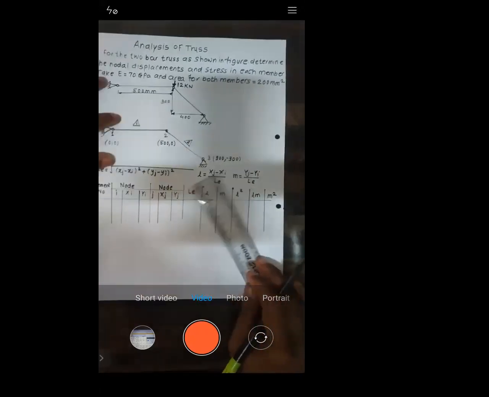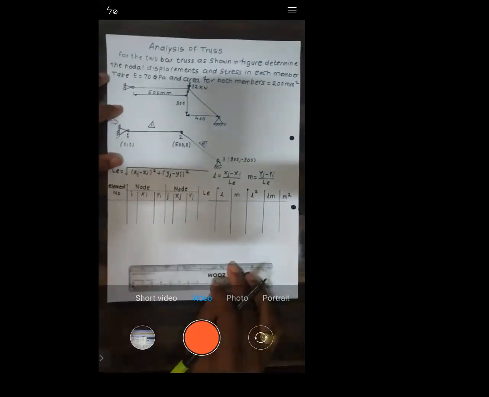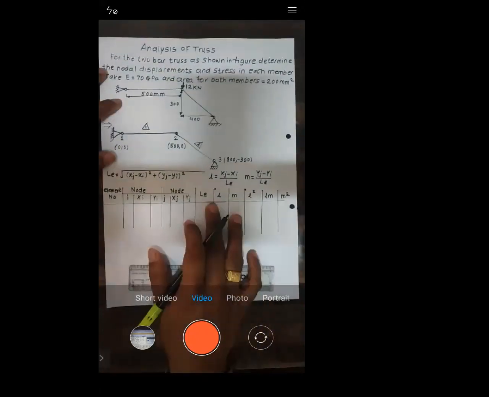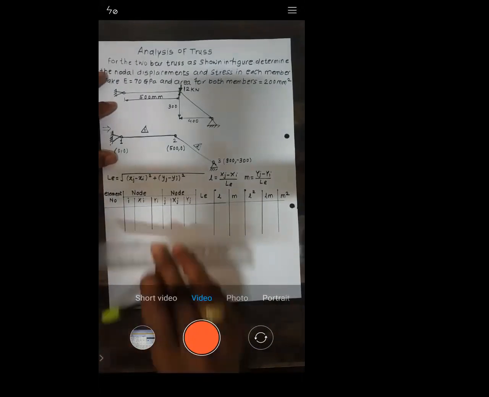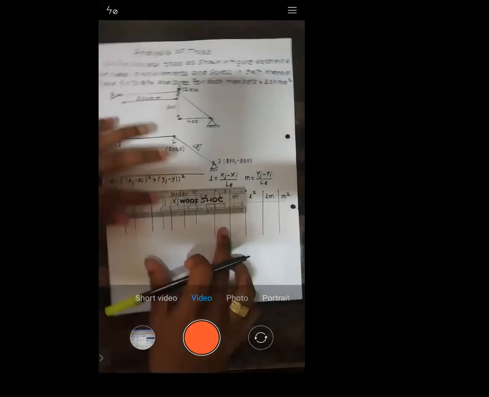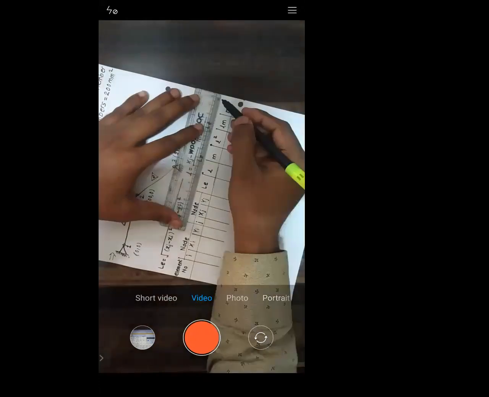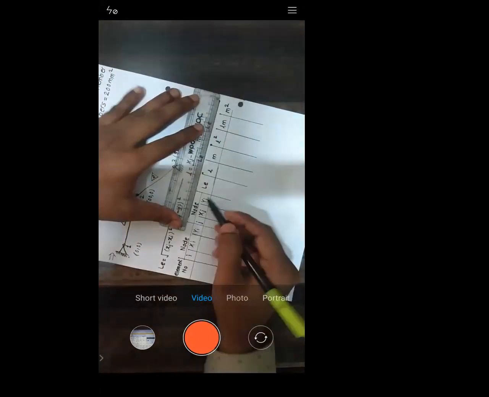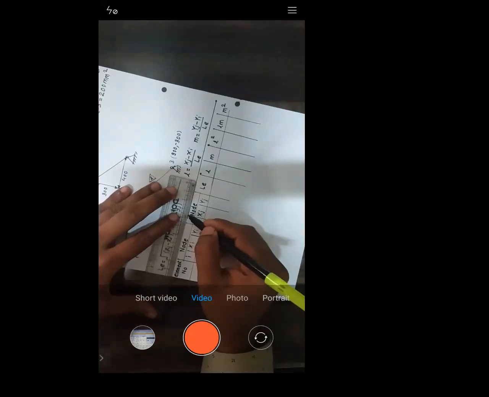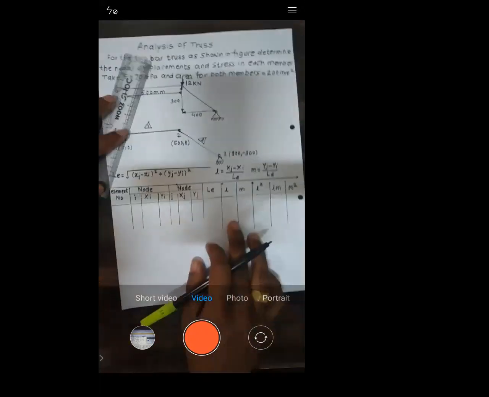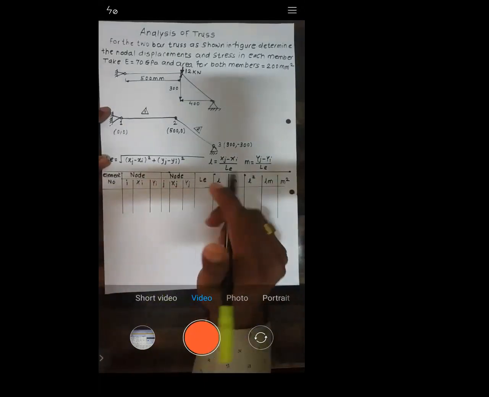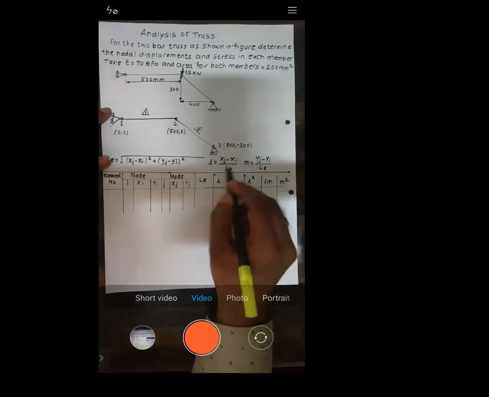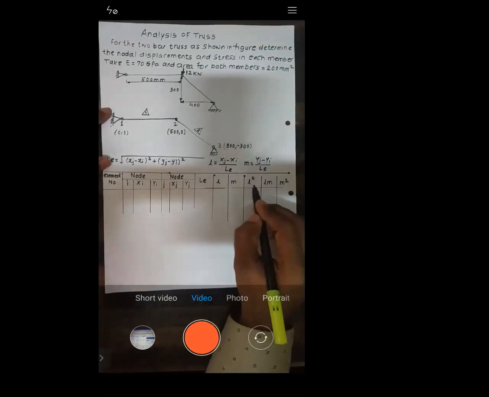Is it okay? Is it okay with this one or not? Let me know. Have you understood this table? Each of you, have you understood this table or not? See, this is a table which we have made. Element number: each element will be between two nodes, and each node will have x and y coordinate. Then you calculate the length of the element. Then L, what is L? This is the formula. What is M? Again, this is the formula. Then L square, LM, and M square.